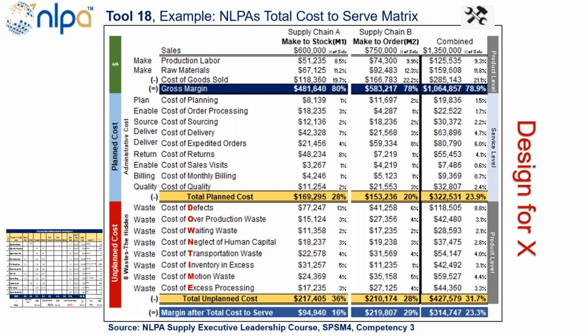So we have the planned, and if you look at the bottom of the matrix, you have the unplanned cost, which, for people who are lean management practitioners, we call a hidden factory, right? The hidden factory, where a lot of these costs go untracked. In many cases, if you were to quantify this, it constitutes a significant amount of cost reduction opportunities. So leveraging the total cost to serve matrix unlocks several points of